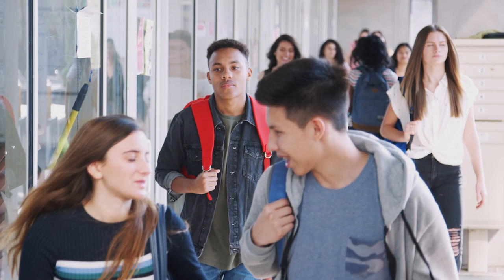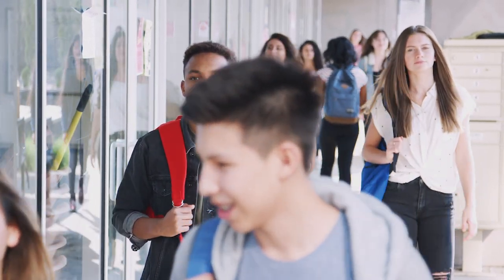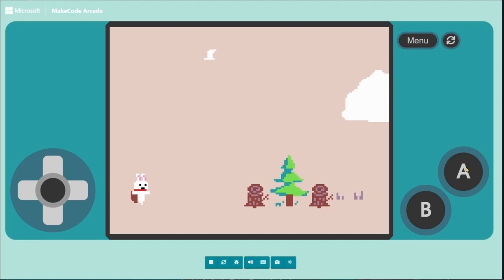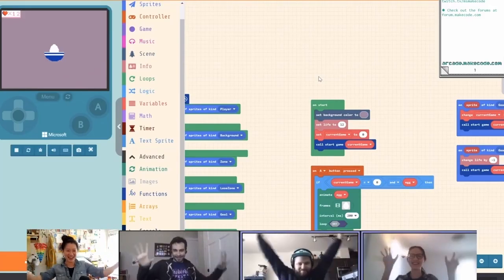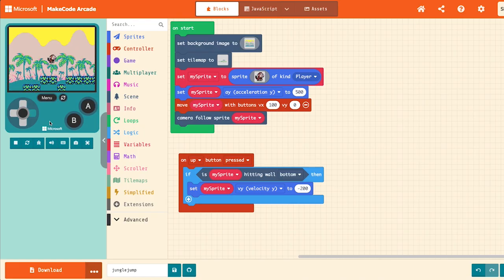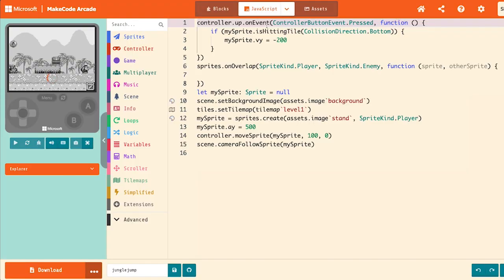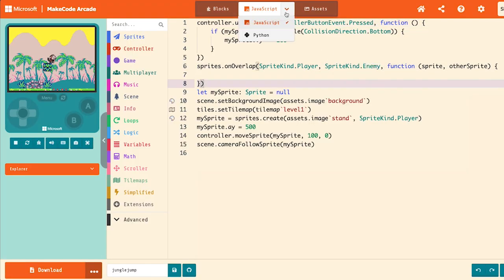This curriculum invites a broad spectrum of high school students to dive into the foundational concepts of computational thinking and programming in a way that's both accessible and engaging. MakeCode Arcade stands out as an exceptionally approachable platform. It begins with a block-based coding environment that welcomes newcomers into the coding scene. As the course progresses, it transitions into text-based programming with options in JavaScript or Python, catering to growing skills and